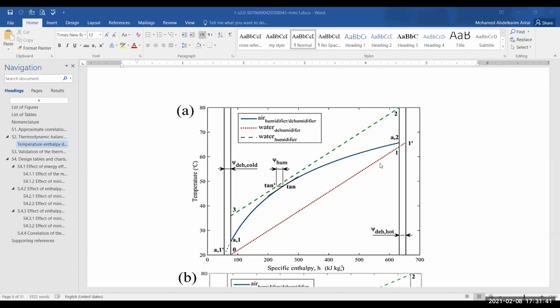Then we'll say that the ideal case becomes if this water is heated to the maximum possible temperature, which is the temperature of the air inlet, so that this difference here is what we refer to as the enthalpy pinch at the high temperature side of